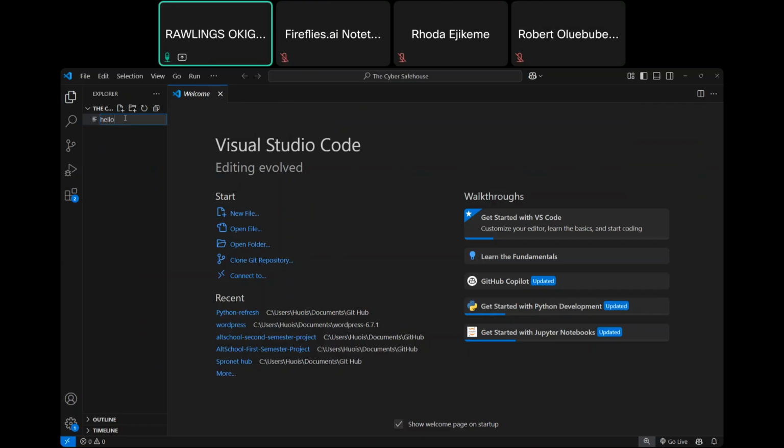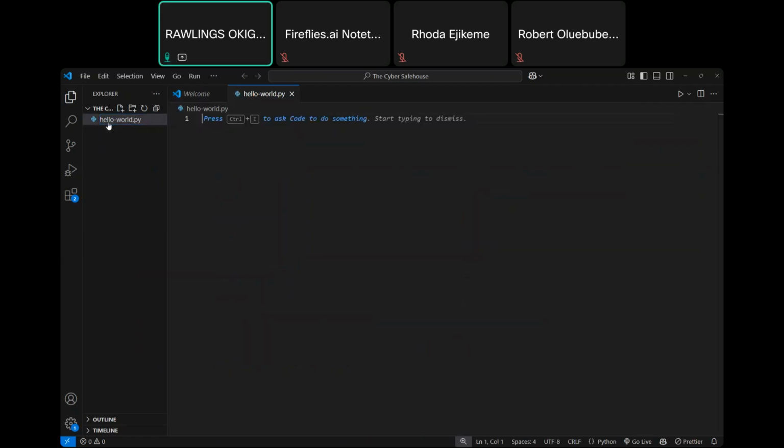with a space is not good. Don't use the space bar to name your files. Always use a hyphen or underscore. So hello world .py is what makes it a Python file. You can see now, because I put .py, the icon here has changed to Python. So I should add .py. You can see now VS Code understands that it is a Python file, which means that when I open it,